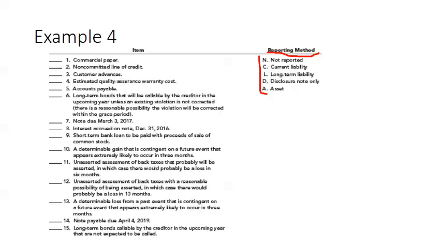So commercial paper, we know that that is a current liability. Non-committed line of credit, we know that we disclose that only. Customer advance, we know that that's a current liability. Estimated quality assurance cost, we know that that is a current liability. Accounts payable is a current liability. Long-term bonds that will be callable by the creditor in the upcoming year unless an existing violation